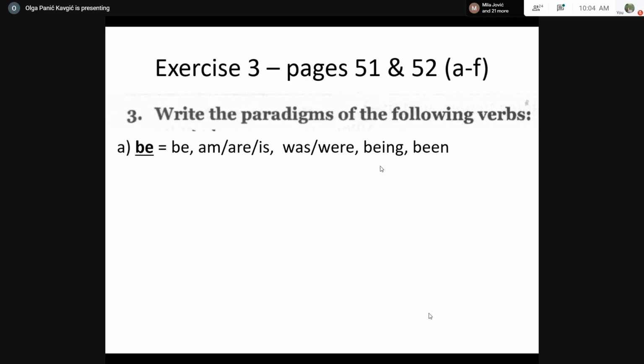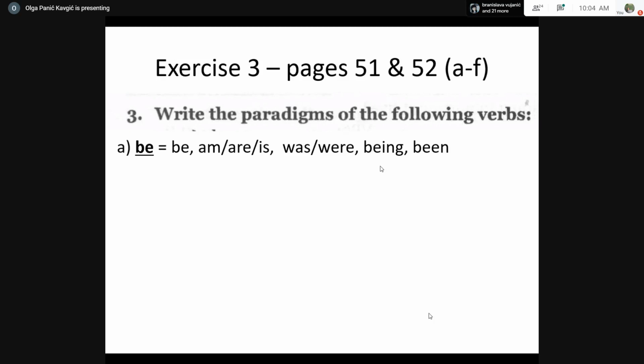It has be, then am, is, are, was, were, being, and been. But you can group all these into these 5 categories, actually. It's just that there are variations in some of the categories, in the third person singular present tense, it's not just the third person, and in the past tense form. So the next one, I will have to ask you to either look at the workbooks or listen to me carefully, because you will immediately have the solutions if I give you the next one. But okay, so you either look on page 51, or I will always give you the verb itself.